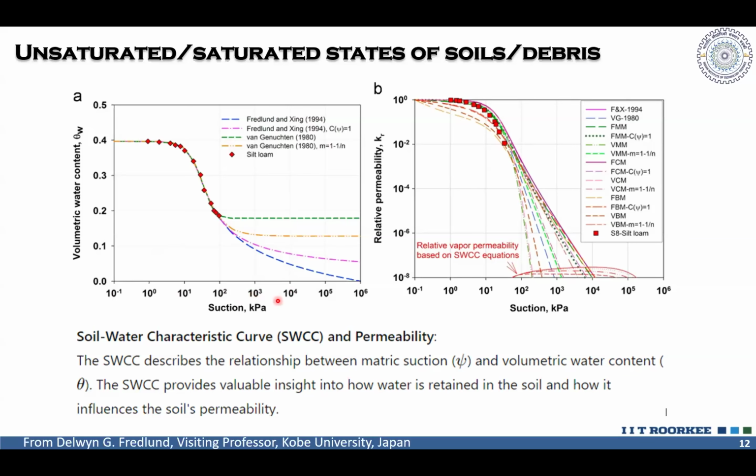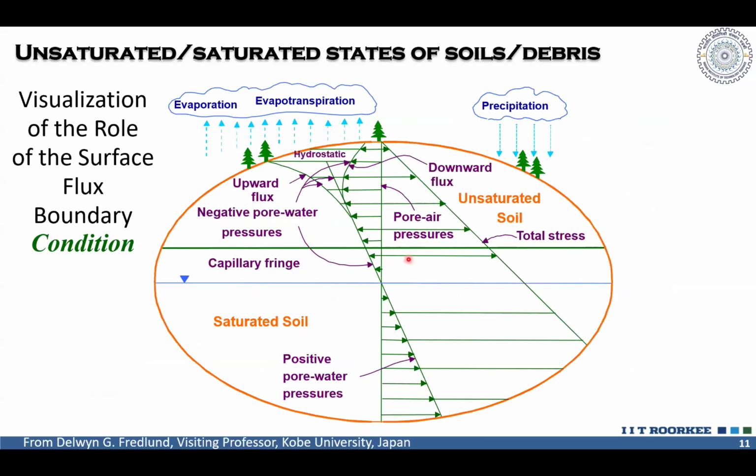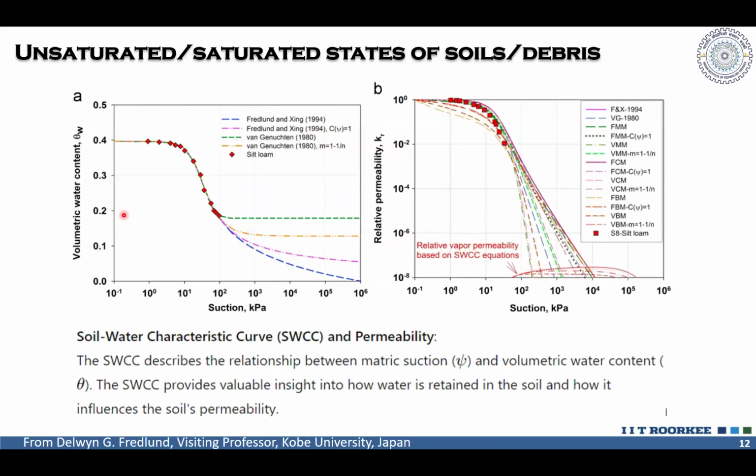So this tells us that above the groundwater level, where the pore water pressure is negative, which means the matric suction is active, there is a reduction in volumetric water content, which we call the soil water characteristic curve in unsaturated soil mechanics. It is a water retention curve in hydrology and agricultural sciences. And we do have the relative permeability that is getting lowered as we move above the groundwater table.